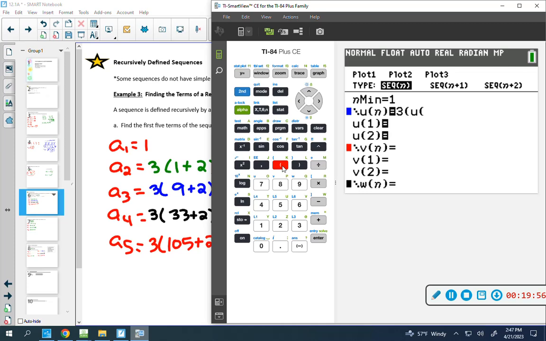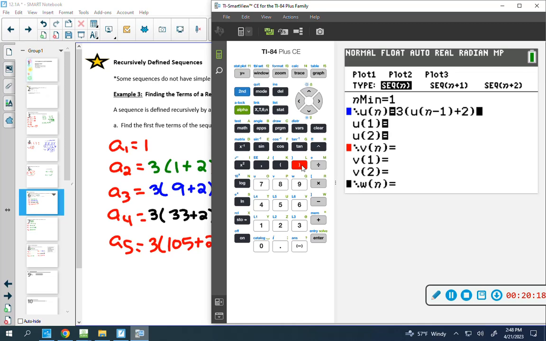So now if you hit your x, comma, t, comma, theta, comma, n button, it switches it to the n. Normally it's default to x when we're in function mode. Put your minus 1, of course. And then we've got r plus 2. That was a whole lot of typing. So kind of goofy to get that subscript, the n minus 1, but don't hit